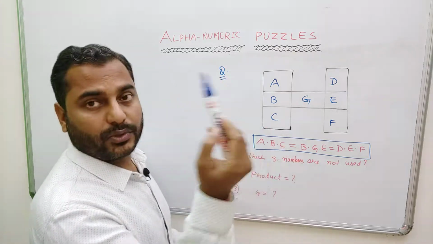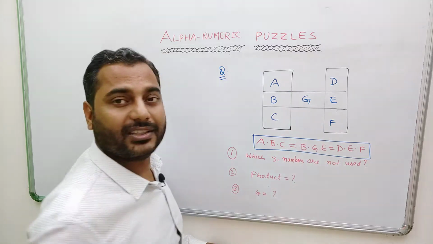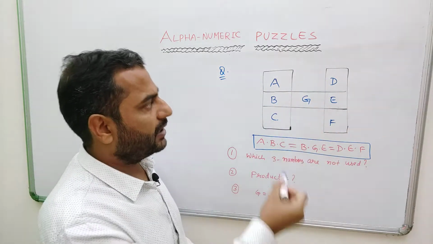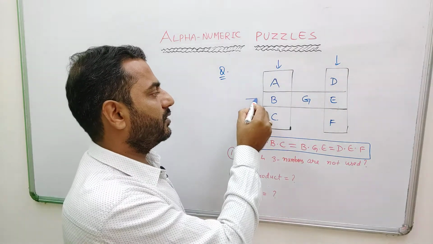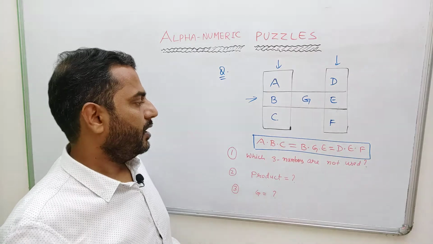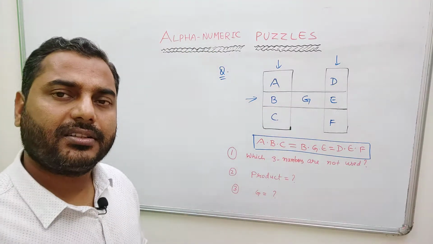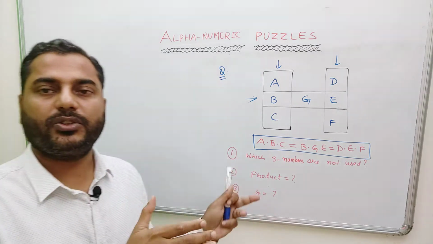What is this question all about? This question is, as you can see on the screen, A, B, C, D, E, F and G. So there are 7 letters, and they are arranged in such a manner that we have column 1, column 2, there are 2 columns and 1 row, right? And these letters basically represent digits from 0 to 9. So they represent single digit numbers from 0 to 9.